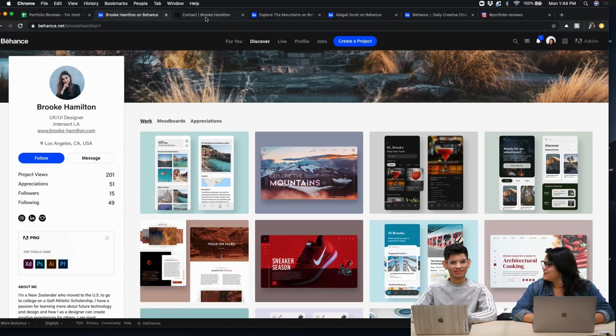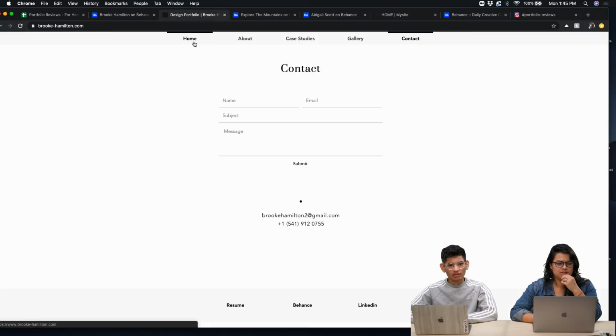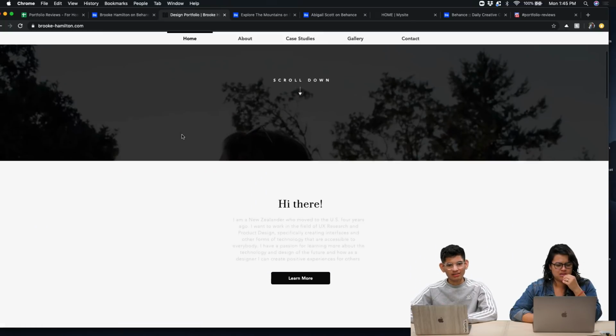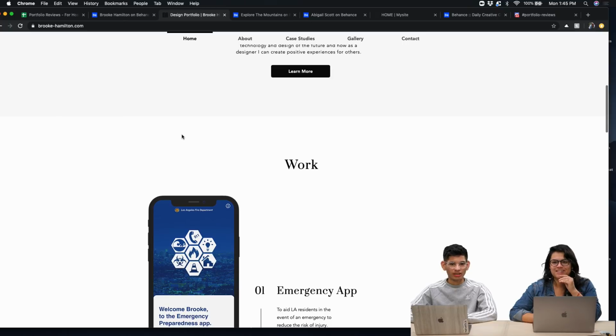Anyways, cool. Nice, thanks. Any other feedback for portfolios in general that you want to mention? So these are the two. We had Abigail and Brooke. I think that you're already doing great with having your portfolio. If you have a portfolio, that's all that matters. Yeah. And,